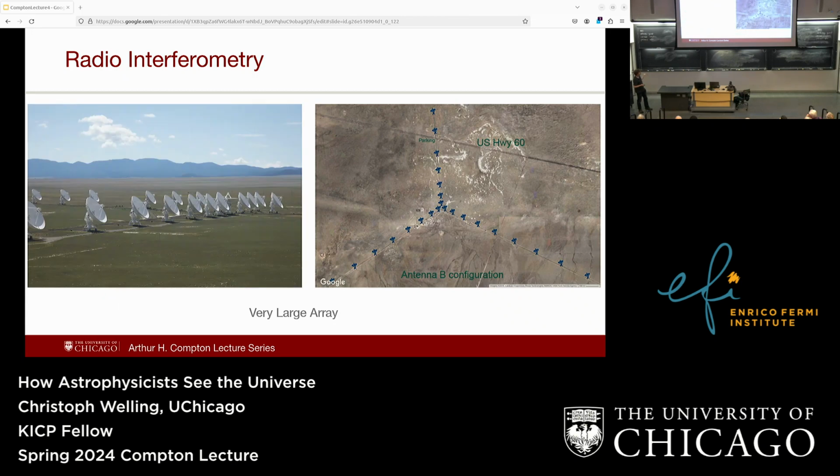And what I can do now is not take just two antennas. The Very Large Array has, I don't know how many, a bunch of antennas. So I can form a bunch of pairs between these and combine all of them. Each pair allows me to measure the amplitude or magnitude of one of these Fourier modes, which I can then combine to get my picture back. And what's even better is that the Earth rotates, so the part of the array that's pointed towards the source changes. Effectively, over time, the distances between the antennas also change. So if I just wait a little bit, I can measure even more of these Fourier modes.